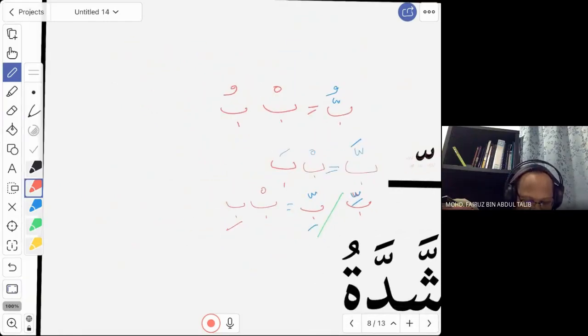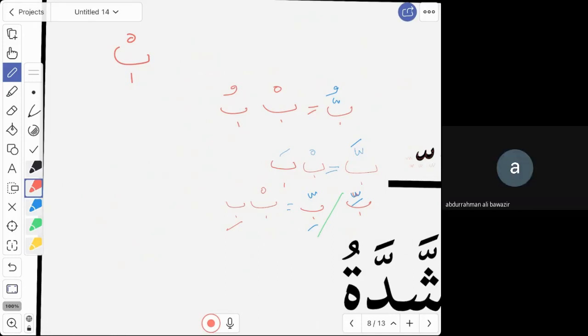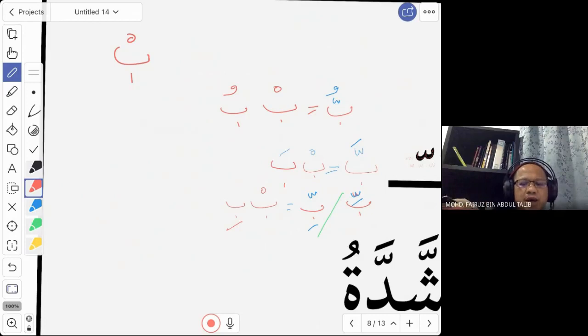How do you read a letter with a sukun just now? Can you read this? Or do you need to add something? No, we cannot read this. So what do we do in order for us to hear the sound? Add a letter before the sukun. Correct, you add any letter before the sukun. So let us take another letter, for example, the letter Qaf. You put any vowel. It can be Qi. Let's say Qi. So how do you read this word now?